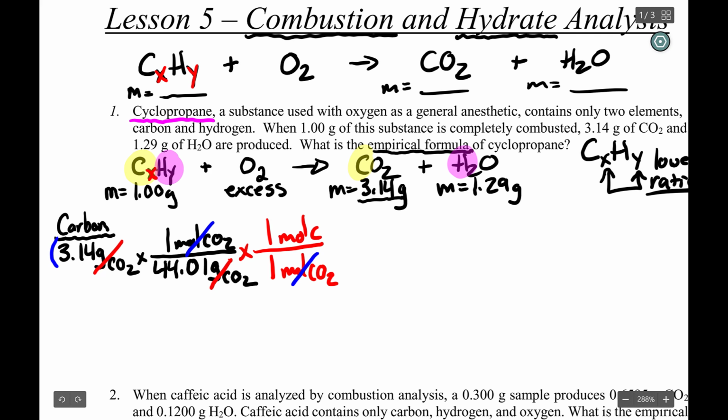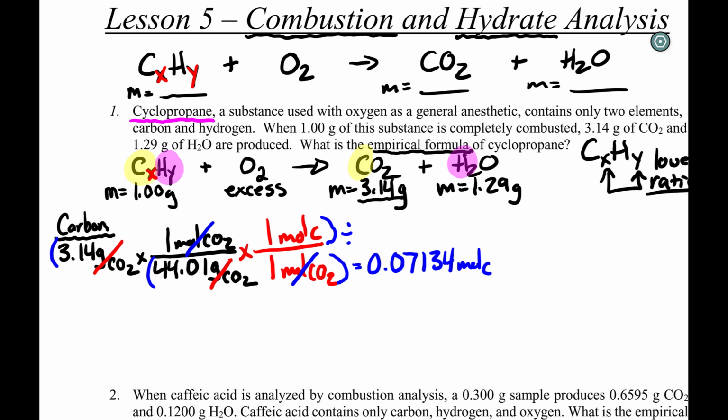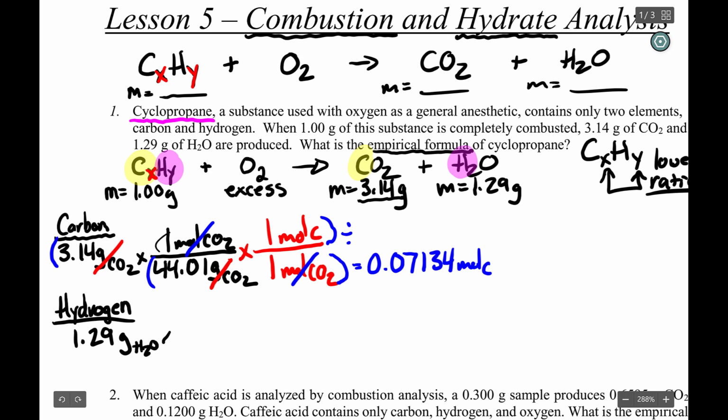So I'm going to take everything on top, put it in brackets, hit divide, take everything on the bottom in brackets, and hit equals. And this will give me a total of 0.07134 moles of carbon. Now I'm going to do the exact same thing, but for hydrogen in water. Focusing on hydrogen, we know all of the hydrogen in our hydrocarbon got tied up into water. So starting with water's mass, it's 1.29 grams of H2O,